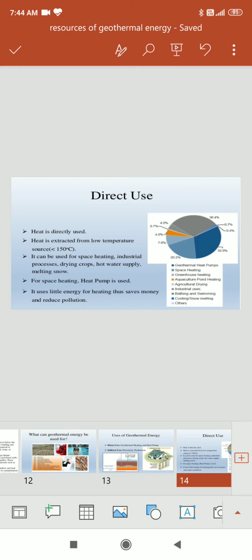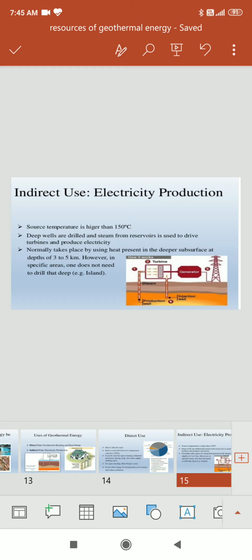In direct use, heat is used directly. Heat is extracted from a low temperature source. It can be used for space heating, industrial processes, drying crops, hot water supply, melting snow. So different uses. Indirect use is nothing but electricity production, where the source temperature is higher than 150 degrees centigrade. Deep